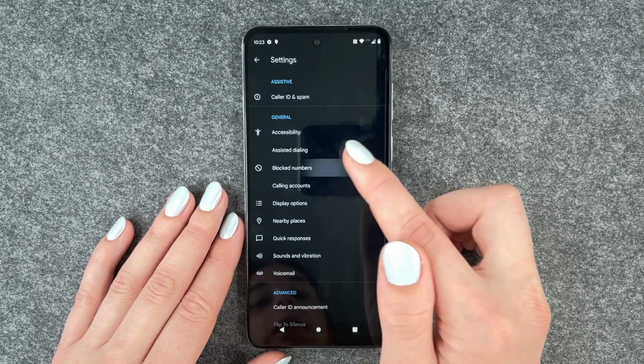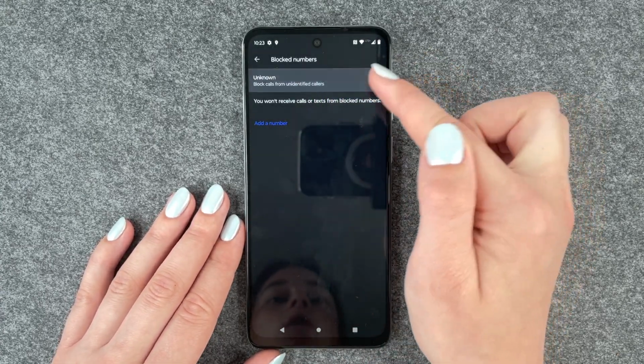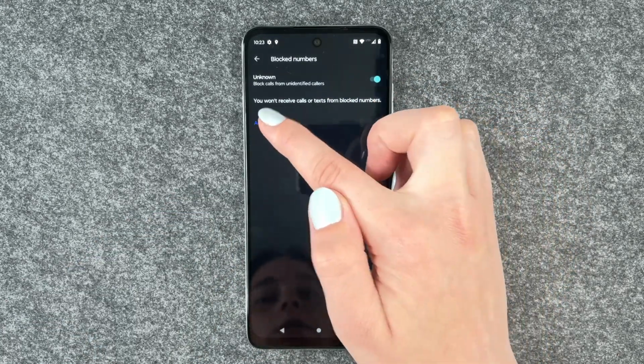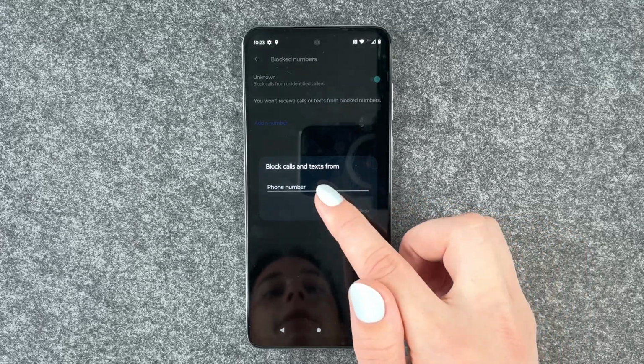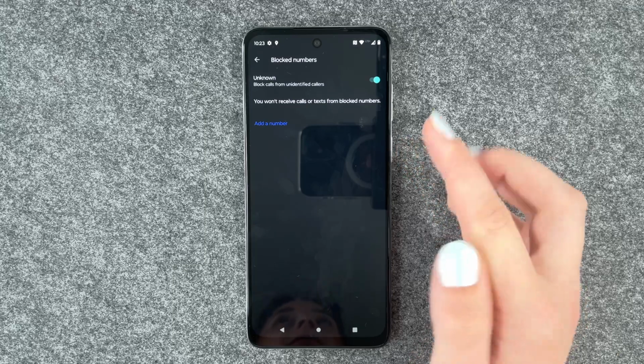If we go back, we have blocked numbers here. You can say block calls from unidentified callers, and then you won't receive calls or texts from blocked numbers. And you can also add a number here. So you can add the phone number, say block, and then it's listed here, and then this number can't reach